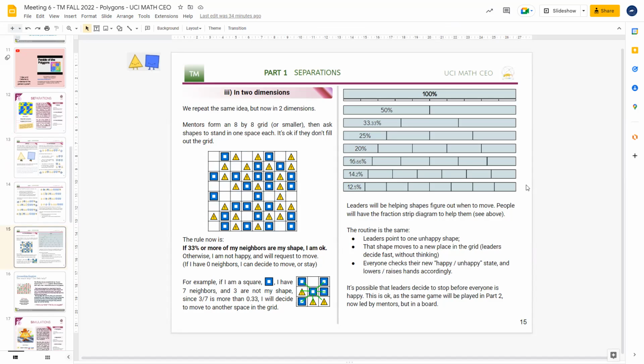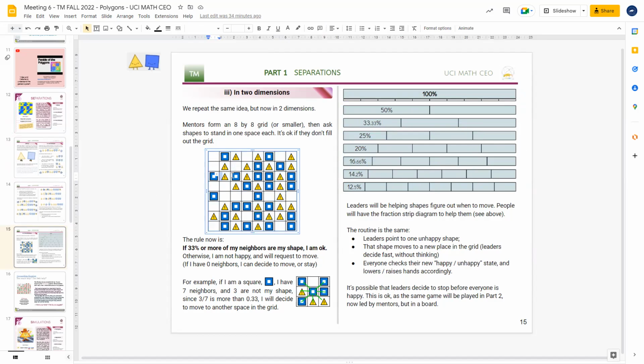We'll have a fraction bar also, these fraction bars that are going to be handy to visually compute these fractions, right? Because you could have 0 neighbors, or you could have as many as 8 neighbors. And so when you're looking at what's the percentage of, for example, this triangle, it has 5 neighbors and 2 are triangles. So you could here look at fifths, which is 20%. So that's easy. And you would see that you got 40%,